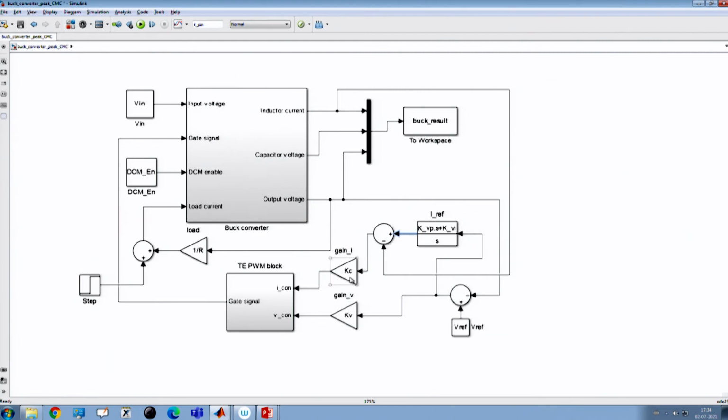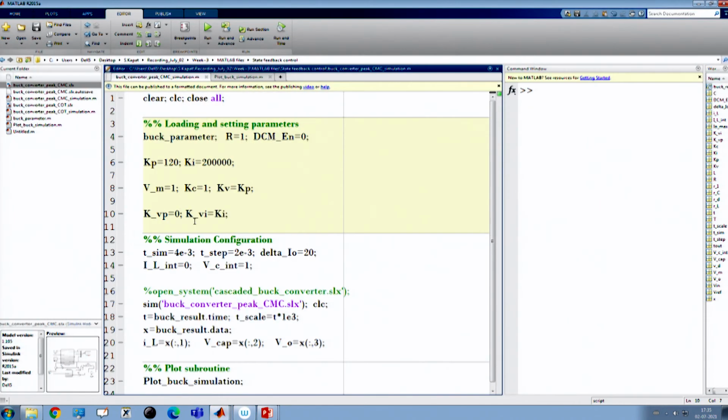So, we have a current loop gain, that means the error current, where the reference current is generated as the integral of the error subtracted by the inductor current, then into the current controller gain, and the voltage controller gain is set to Kp. Okay. So, the voltage controller gain is set to Kp and we want to run the simulation again.